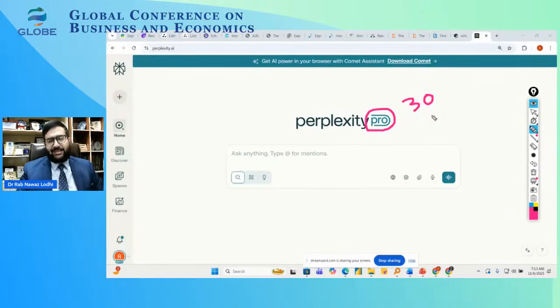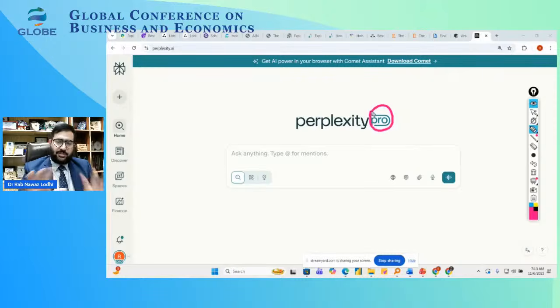So sometimes it provides you a 30-day trial period to use the pro version of this software. Otherwise, after 30 days, you need to pay $20, right, to renew it. At this time, my goodness, I have the paid version, Perplexity Pro, because I use this AI tool very commonly